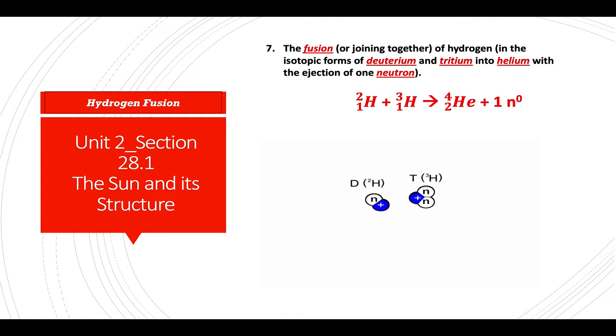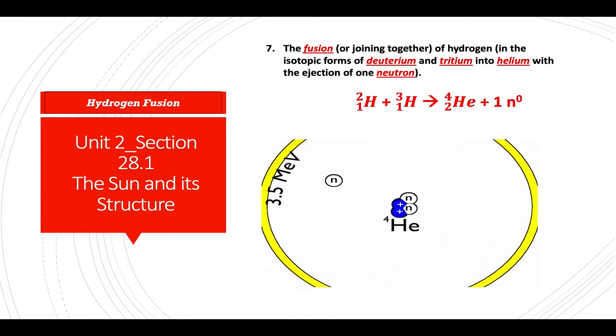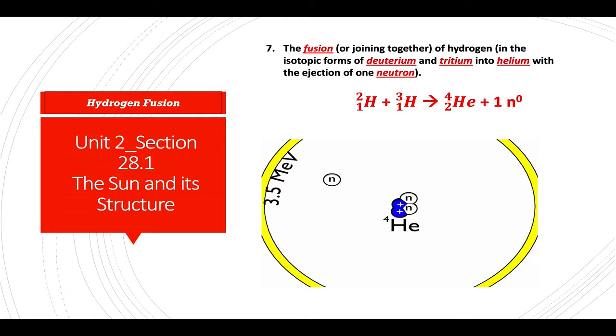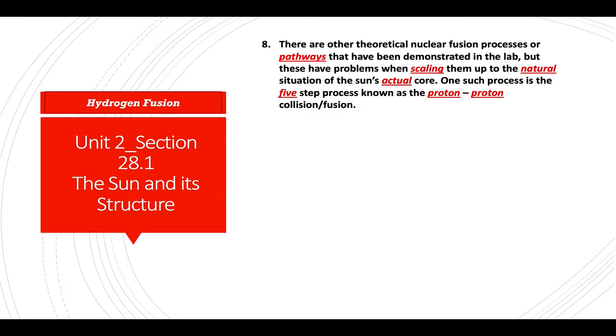So as the two get together, they fuse to form helium, and the one neutron, along with a huge energy release, 3.5 MeV, is basically what 26 people would use in the course of a year. There are other theoretical nuclear fusion pathways, which have been demonstrated on a lab scale, but when they try to scale it up to a large scale process for the natural situation of the sun's actual core,